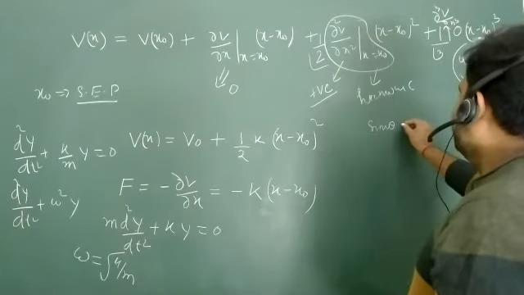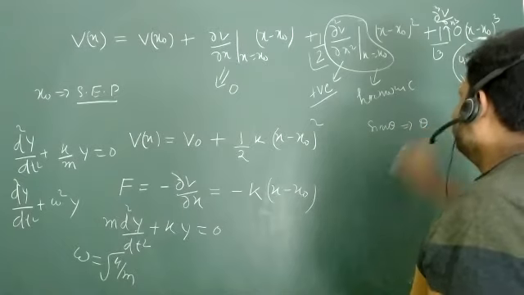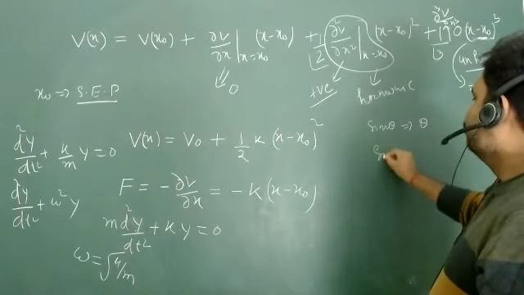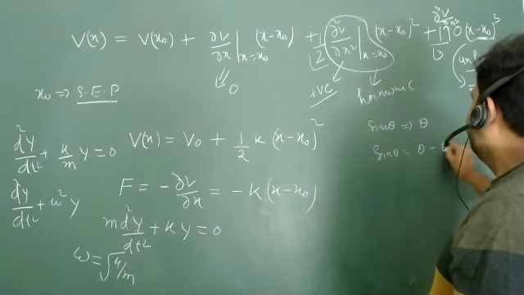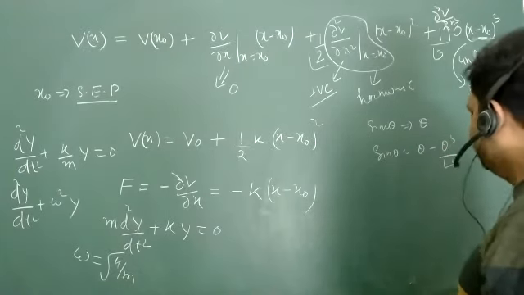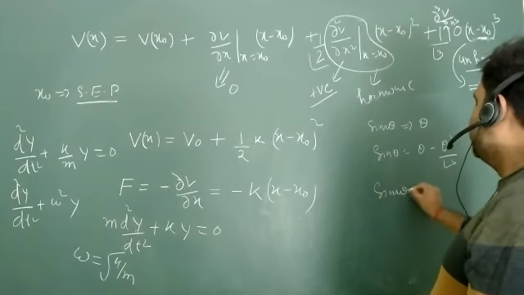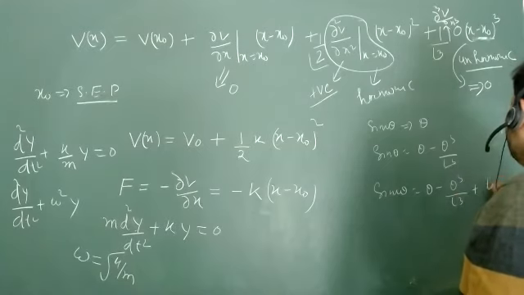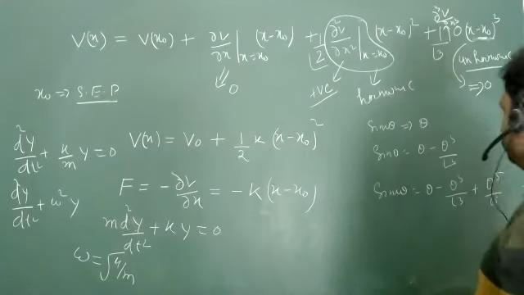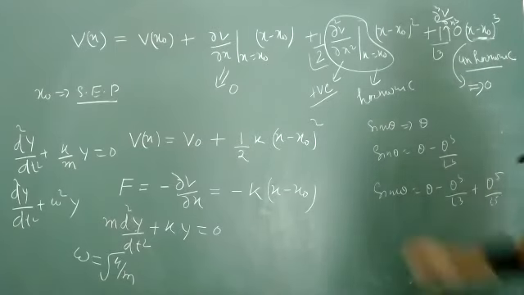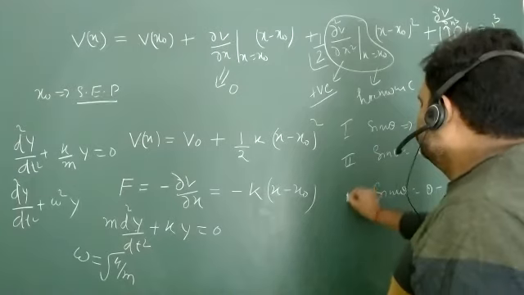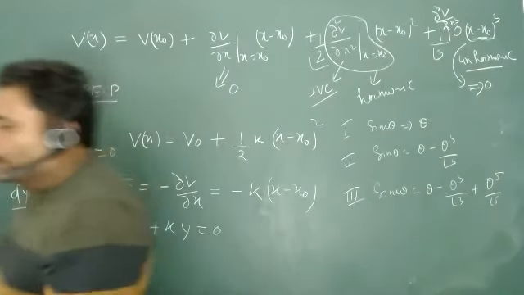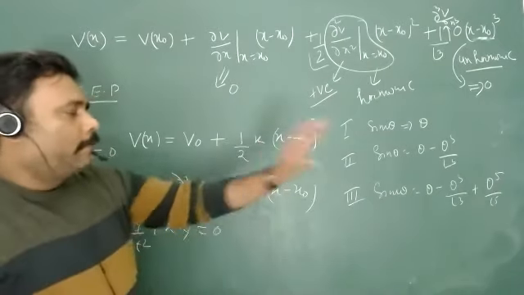and this sine theta we are replacing sometimes sine theta is equal to theta, isn't it? And suppose some other person will replace sine theta is equal to theta minus theta cube by factorial 3, and some person will write sine theta is equal to theta minus theta cube by factorial 3 plus theta 5 by factorial 5 and so on. And suppose this is person 1, this is person 2, this is person 3. Now can you please tell me which person is going more and more towards the accurate result?